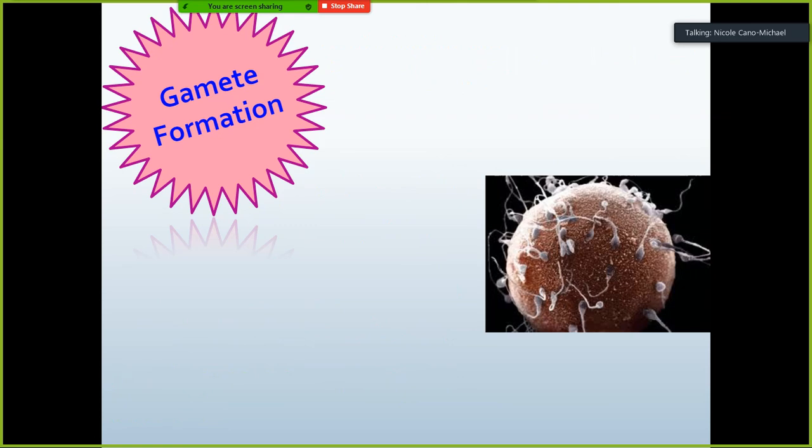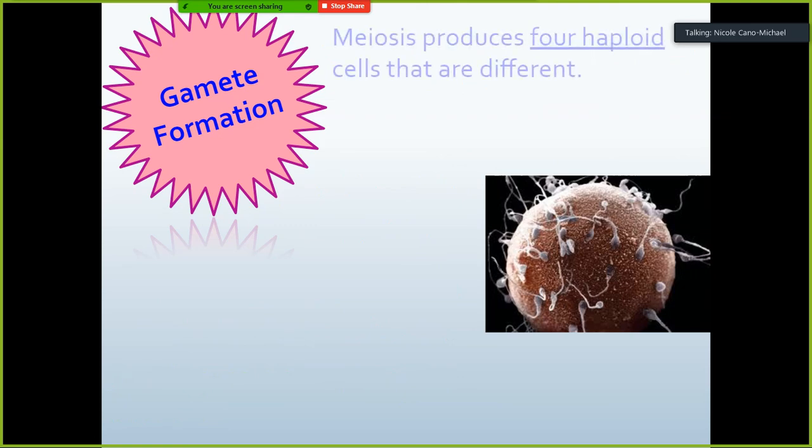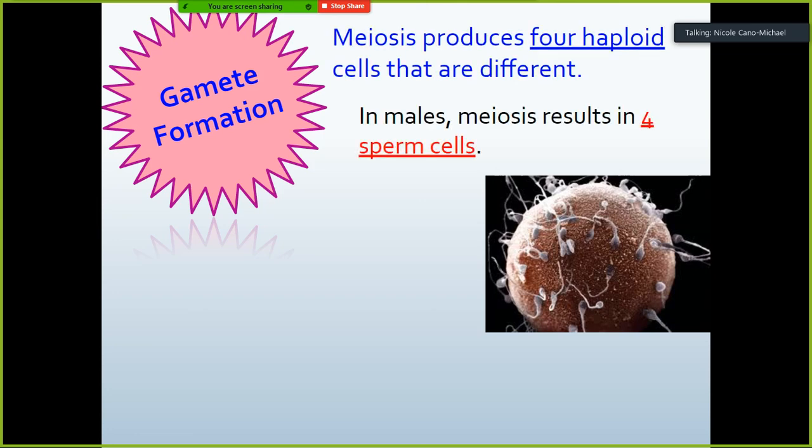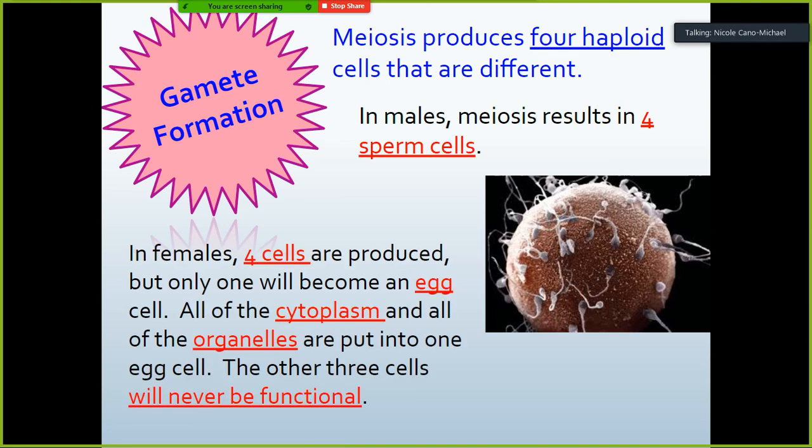All right, gamete formation. Meiosis, again, produces 4 haploid cells that are completely different. In the male, we produce 4 sperm cells, and in the female, we produce 4 egg cells. All the cytoplasm and organelles go into 1 cell, and the other 3 are never functional. That is called